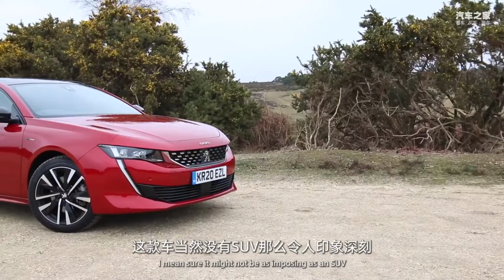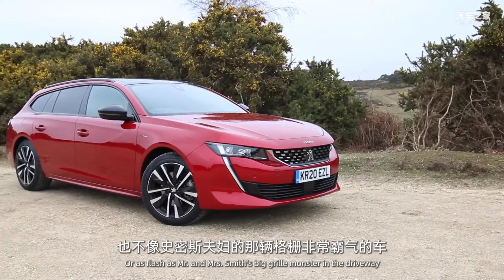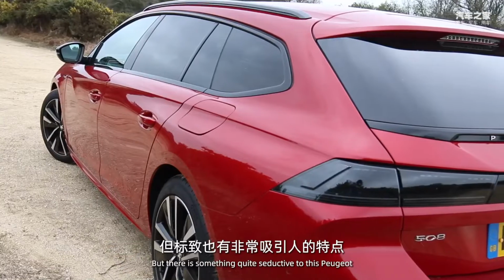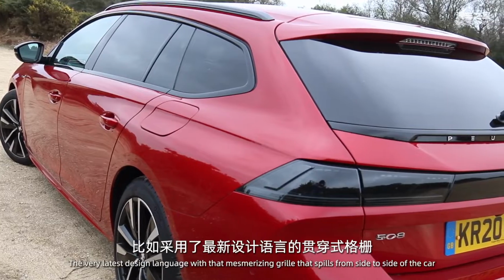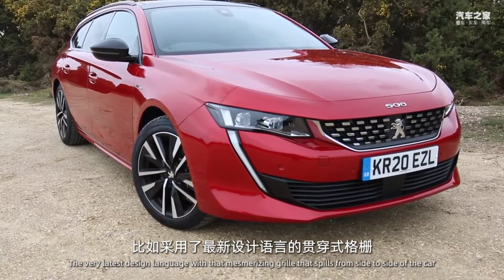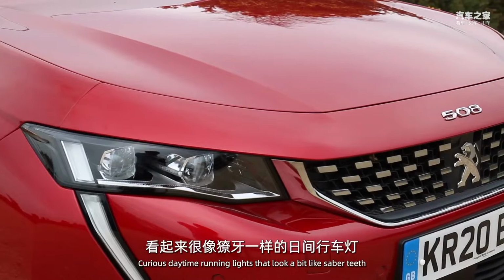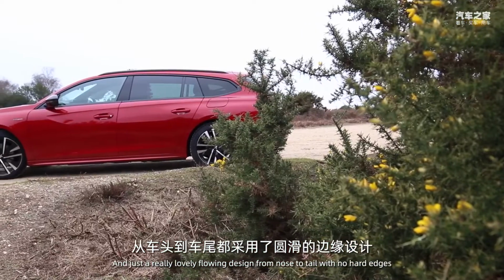I mean, sure, it might not be as imposing as an SUV or as flash as Mr. and Mrs. Smith's big grilled monster in the driveway, but there is something quite seductive to this Peugeot. The very latest design language with that mesmerising grille that spills from side to side of the car, curious daytime running lights that look a bit like sabre teeth, and just a really lovely flowing design from nose to tail